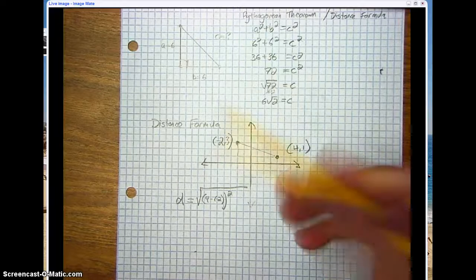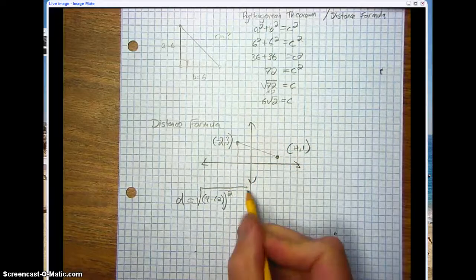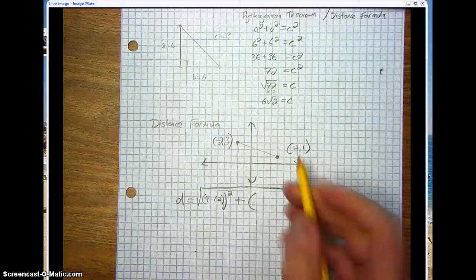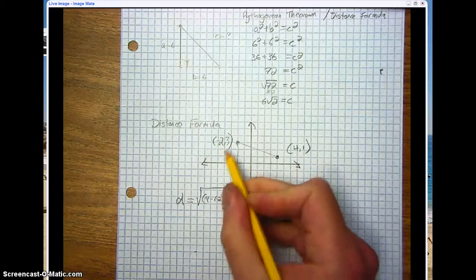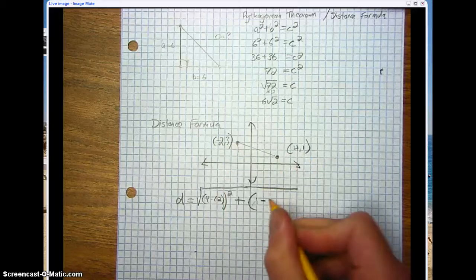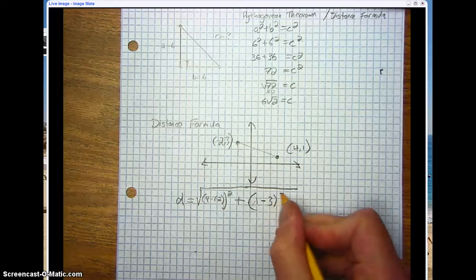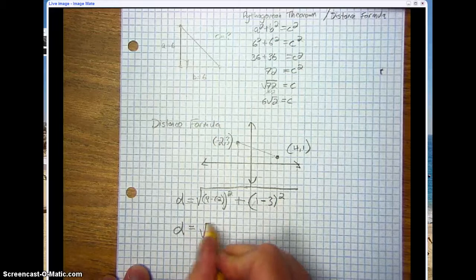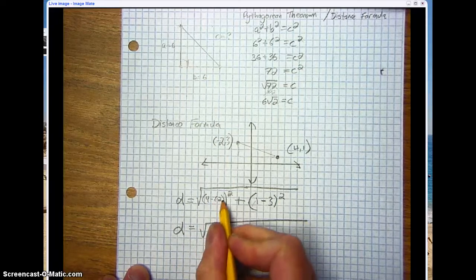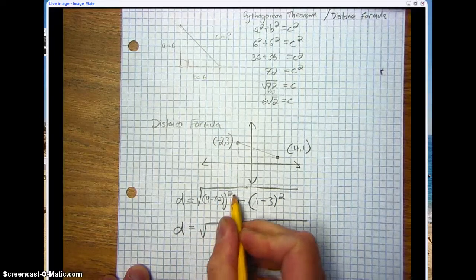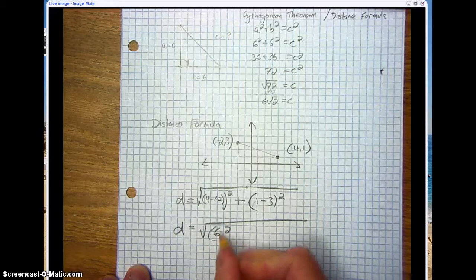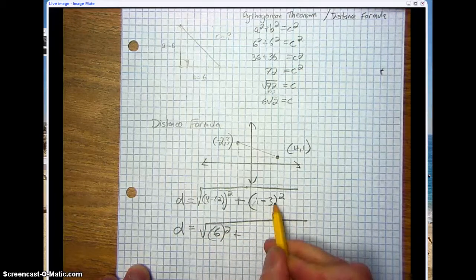Get out of the way there, Y. Then I'm going to add to that y2, the second y, 1 minus 3 squared. And let's see what happens when I simplify this. Well, 4 minus 2 is really what? 4 plus 2 squared is really 6 squared. So could I just imagine that as 6 squared plus 1 minus 3 is negative 2